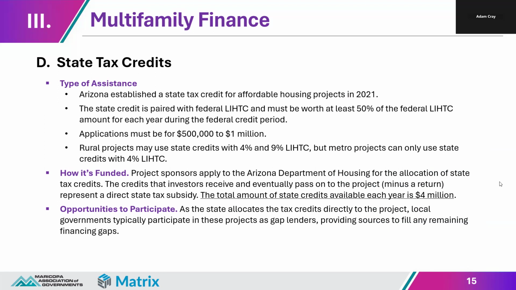Next thing I want to talk about here is state credits. So this is a type of assistance very similar to the federal LIHTC that the state rolled out in 2021. These are available for projects receiving 4% and 9% allocations, and they provide a subsidy at least 50% of what the federal LIHTC will provide for these projects. The key to note is, of course, this is a state tax credit, and so you have to have Arizona tax liability to make use of it in the same way that you have to have federal tax liability as an investor to make use of